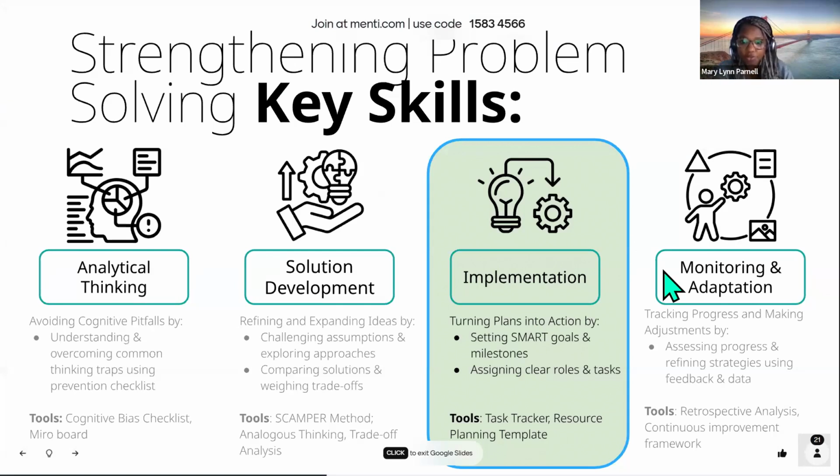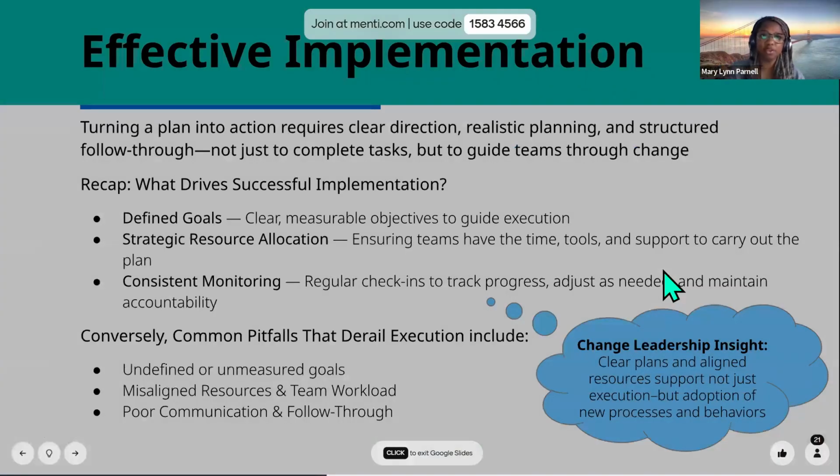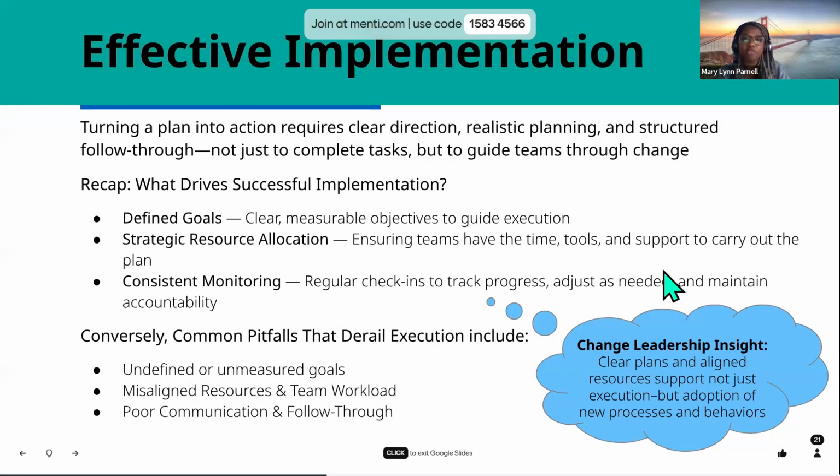Now we're going to get into implementation. And the implementation part will cover using our tools of test tracker, resource planning as well. We'll dive into SMART goals and milestones, and what it really looks like to assign clear roles and tasks. So turning plans into action. When we turn planning into action, we do require clear direction, realistic planning, structured follow through, not just completed tasks, but to guide our teams through change. We're really focusing on this change management process